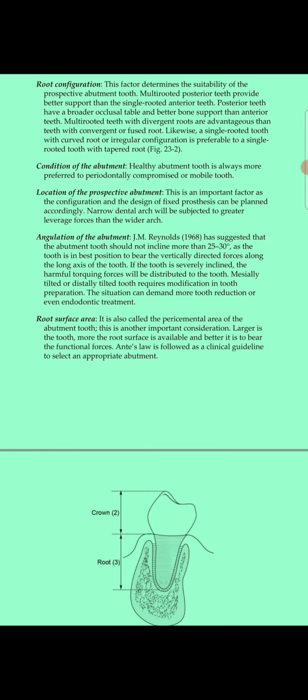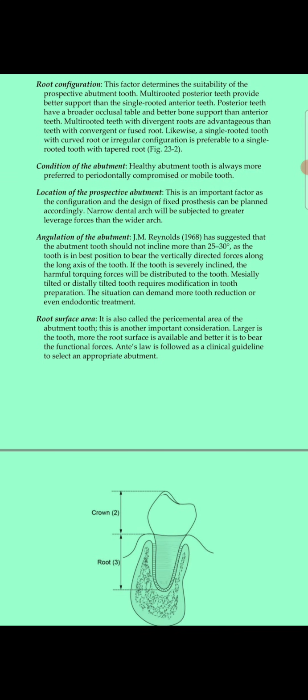A narrow dental arch will be subjected to greater leverage forces than a wider arch. This is important. Next, come to the angulation of the abutment. J.M. Reynolds in 1968 suggested that the tooth should not be inclined more than 25 to 30 degrees. It should be parallel. It should be straight, not inclined. It should not be tilted